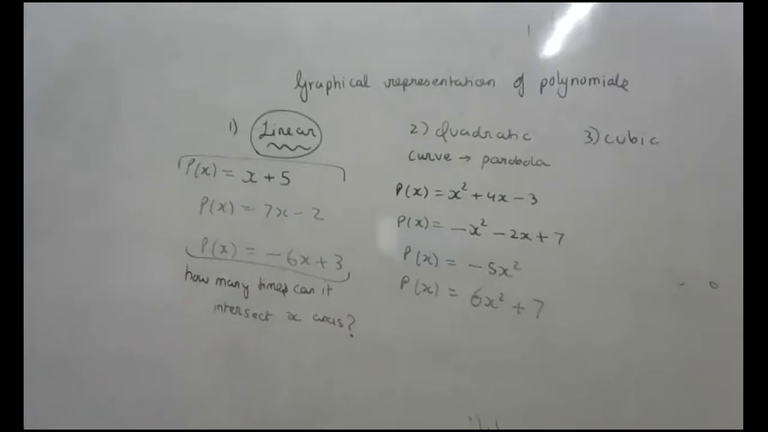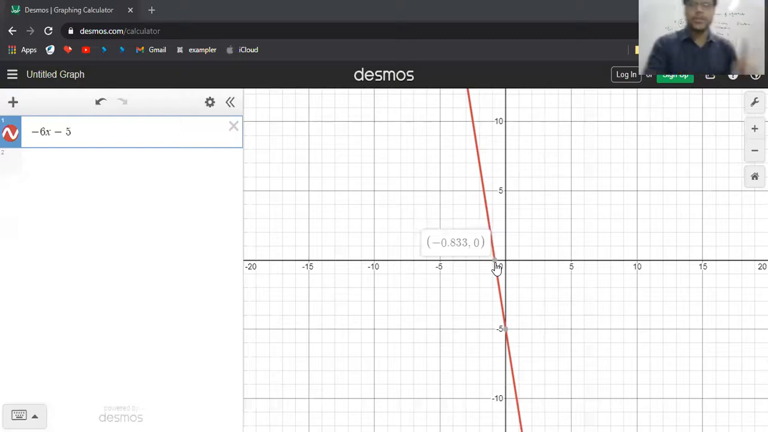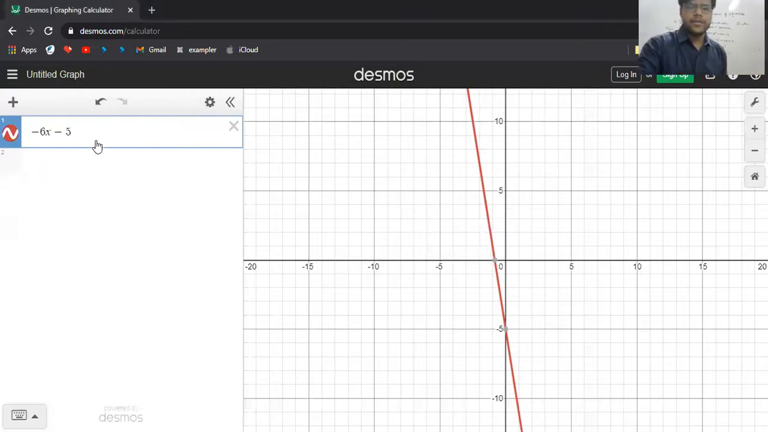Let me give you an example. Whatever examples we have used till now, it is intersecting the x-axis at one point. वो x-axis को एक बार cut कर रहा है, right? It is only cutting one time. We may also have an equation like, if I just simply write